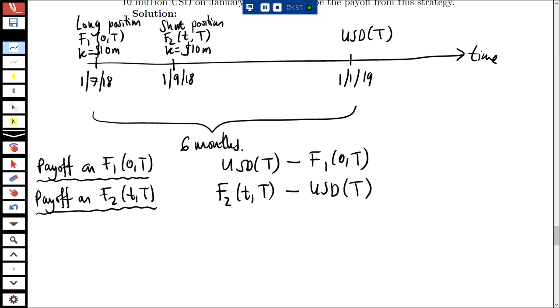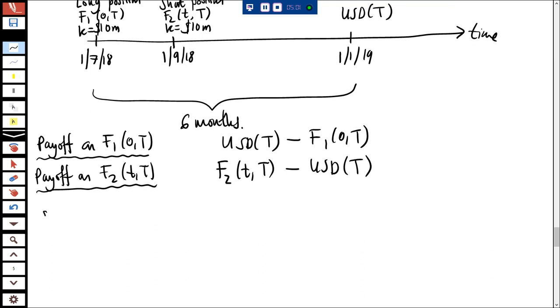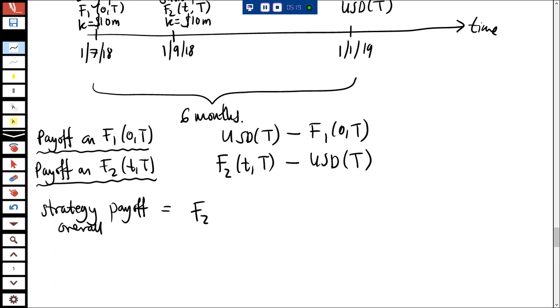Okay, so they're both the payoffs. So this strategy, payoff, the overall strategy payoff. Well, we just add them together and we see that the US dollar at time T is just going to cancel out. So the payoff is going to be